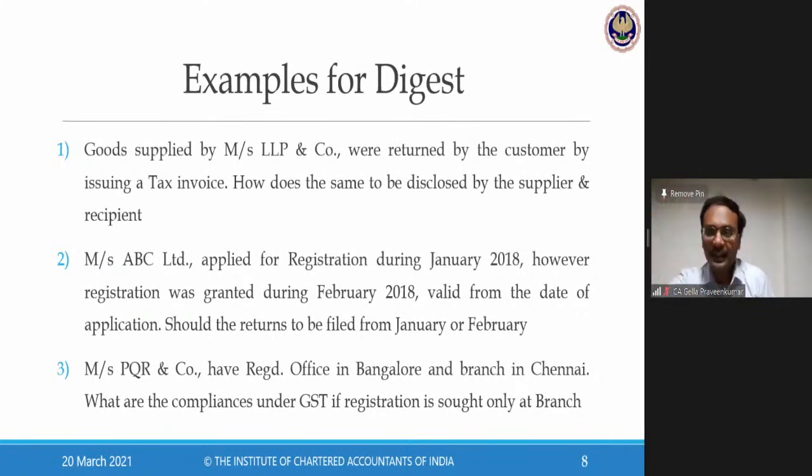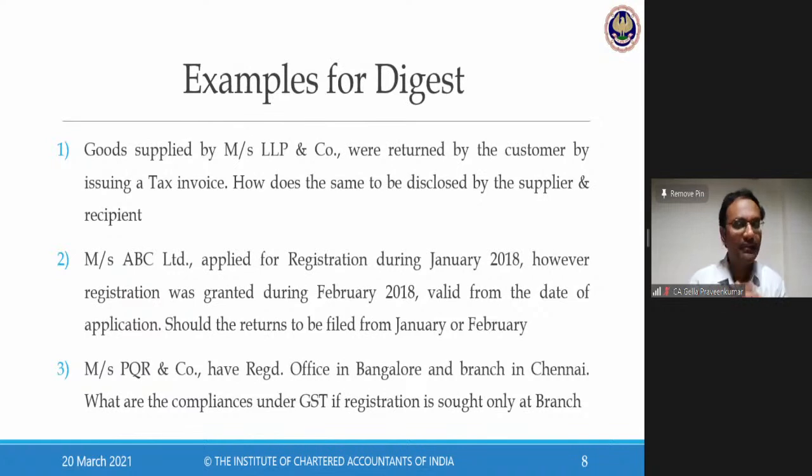Now for Ambika, she has accounted a purchase, she raised a tax invoice. When she checks her return, there's a credit for, say, 1 lakh. Also there is a credit note for 1 lakh. 1 lakh is getting squared off. 0 is the credit available to Ambika. Why? LLP and Co have raised a tax invoice and also raised a credit note, which is not as per the law. When Ambika raises a tax invoice, it is good practice for LLP and Co to account that as a purchase, so that the outward tax that needs to be paid by Ambika can be squared off using this purchase. This is one practical issue where we disclose this particular transaction.